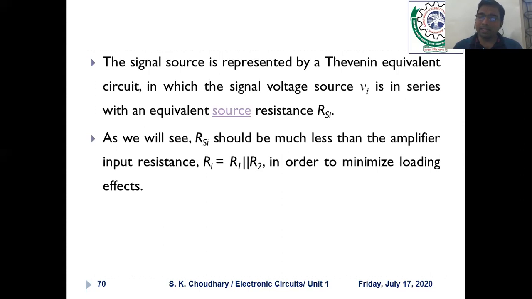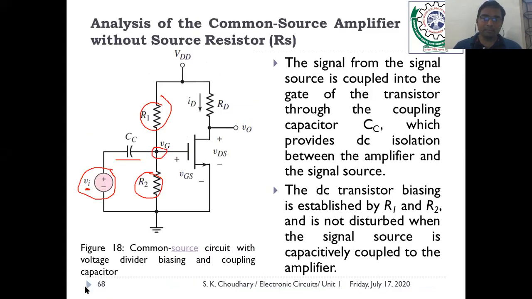And what is the RSI here? If you see the circuit diagram, it would be more clear. In this circuit diagram we have not mentioned the RSI. RSI is a source resistance, the internal resistance associated with this voltage source, which may be a signal generator or function generator. Every device has some internal resistance, so it also has an internal resistance that is always shown in series with this voltage source.